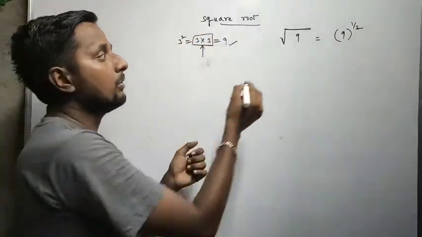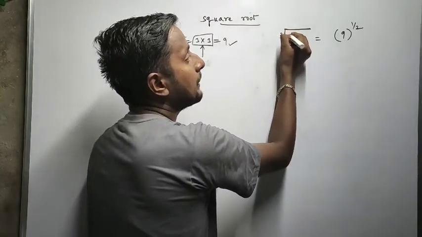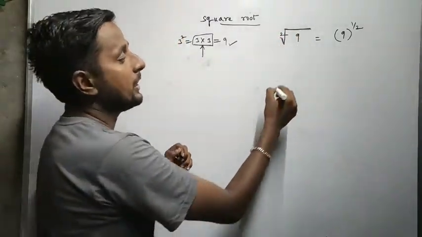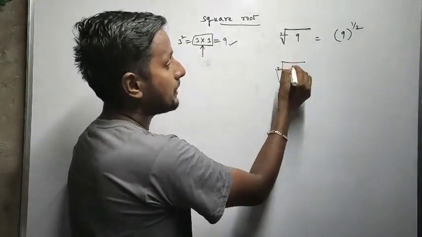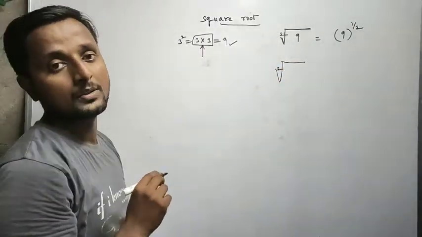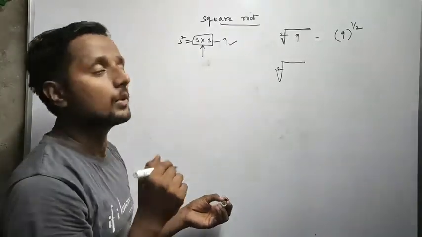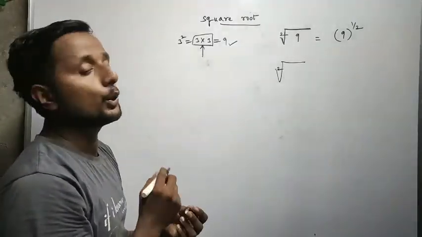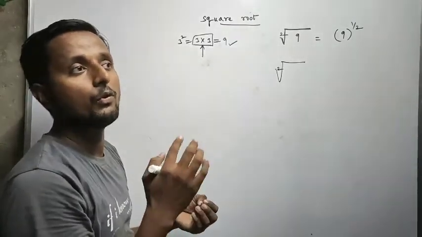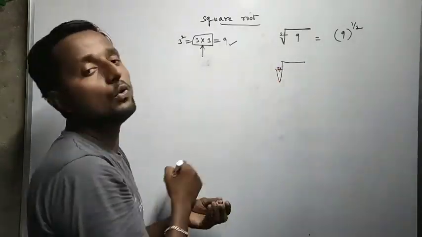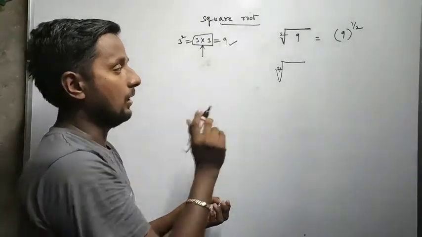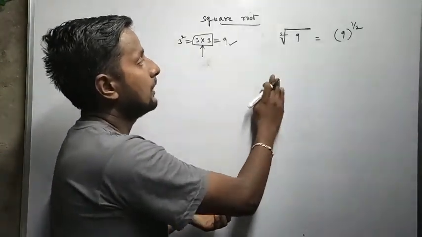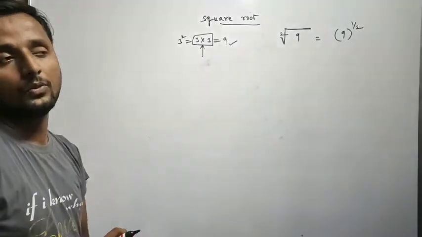Because here we are not mentioning it, but there is a 2. If you see a root sign without any number, that means it is a root 2, the second root. Square root means with the second only. Cubic root means with the 3. If you have a 4, we can call it the fourth root. Second root, third root, fourth root. Okay, now come back. So finding square roots, now we'll see.